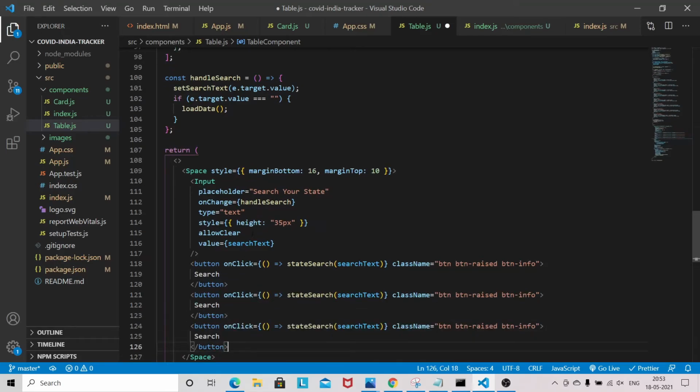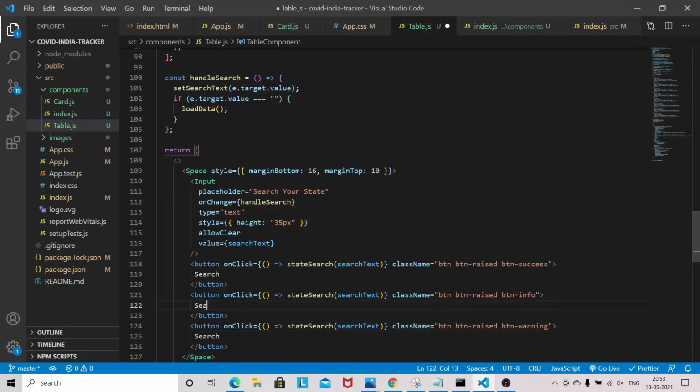Okay, and only this one will be changed. So this will be a btn, this will be a success, this will be info, and this will be a kind of warning.